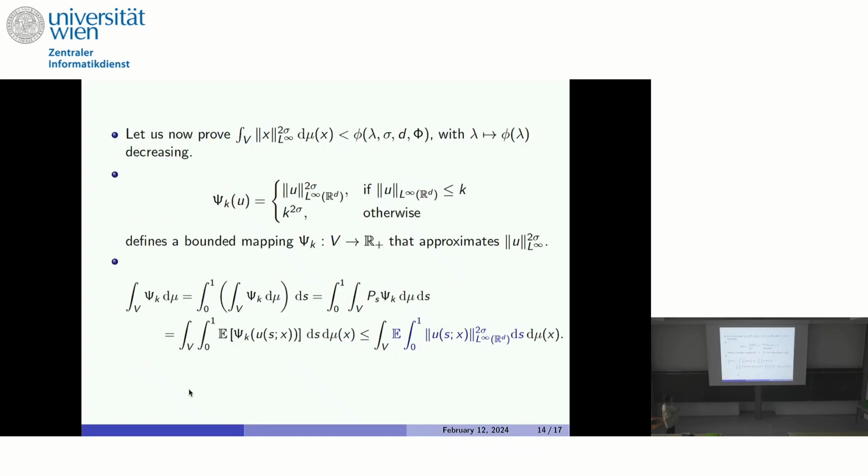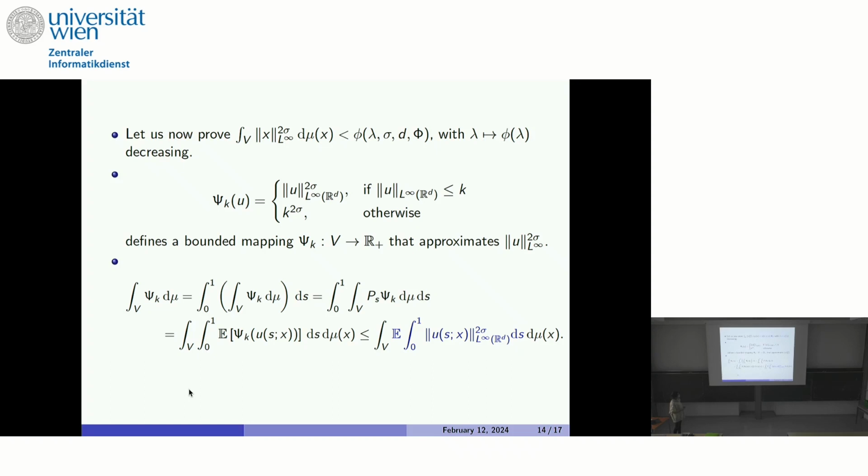So the second step is to prove something more. We want to prove that actually the solution belongs to a more regular space. So it is not only in V, but it is in an L infinity space, and we want to derive a similar bound for the L infinity norm instead of the V norm. The idea is